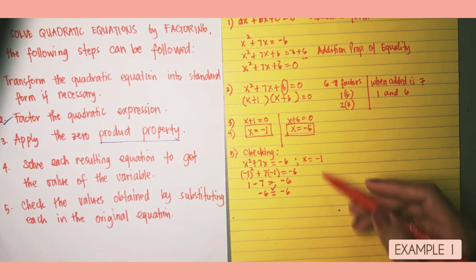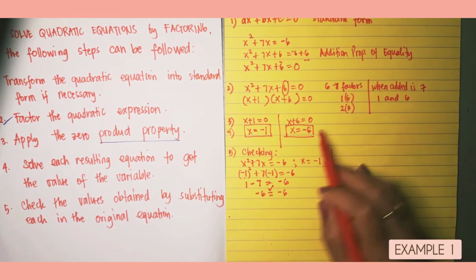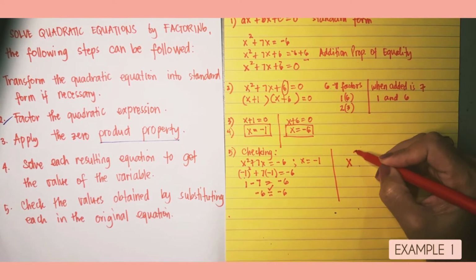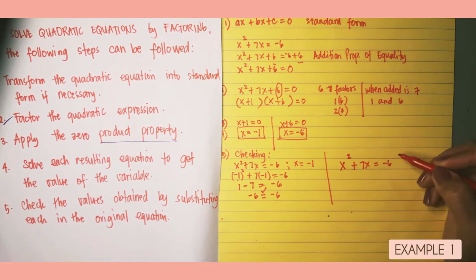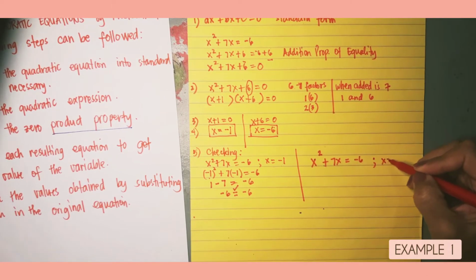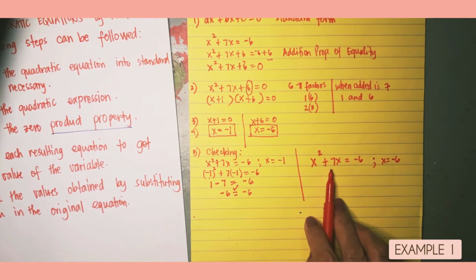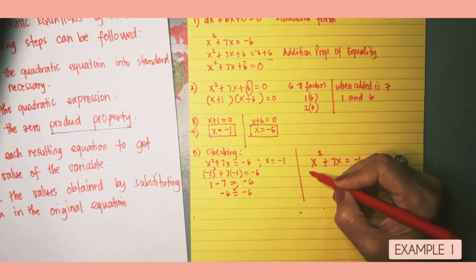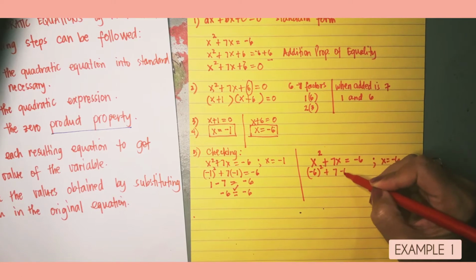Now let's continue with the second value of x, which is negative 6. Again, from the given, x squared plus 7x equals negative 6, let's find out if the value of x, negative 6, will satisfy this equation. So let's substitute the value of x, which is negative 6. So that is negative 6 squared plus 7 times negative 6